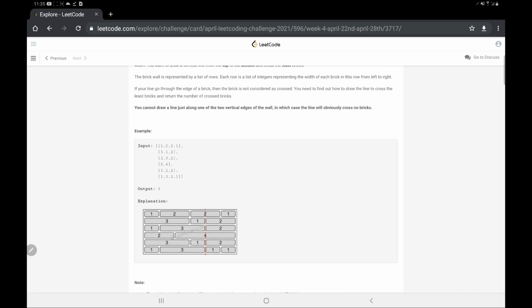Let's see the example that is given to us over here. As you can see, it's visually easier to make a line crossing the least number of bricks. Why don't we draw a line over here? Because it passes through 3 bricks, and 2 is the least we can get. I know the question looks a bit tricky, but believe me, the trickier the question, the simpler the approach. That's one thing you should keep in mind.